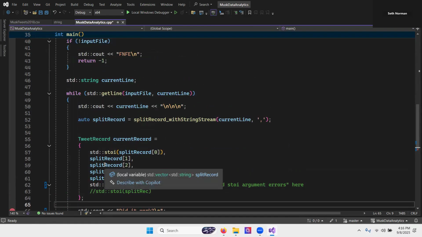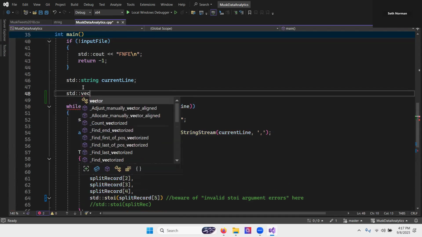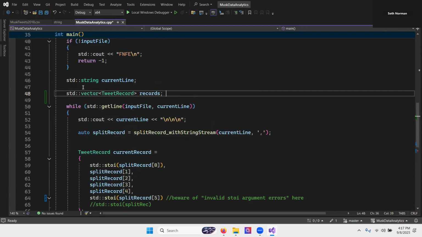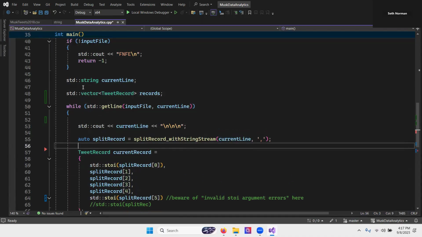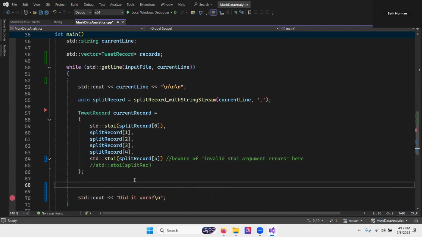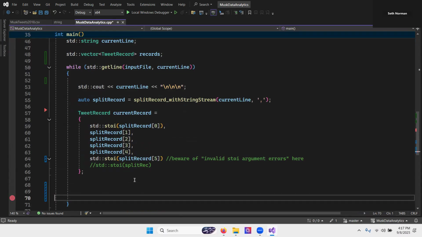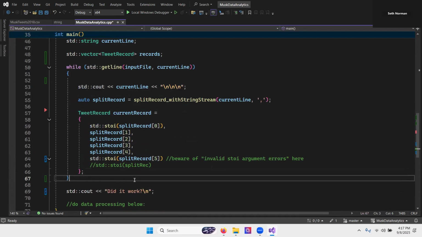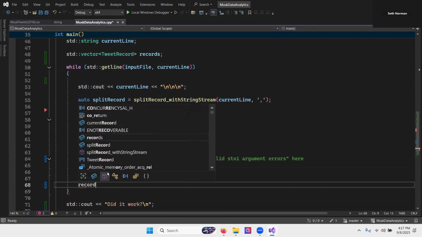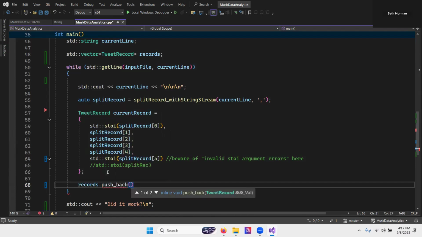I'm going to also go ahead and add this, make an array of records, because it's a good idea. I'm going to call it records, and we are going to call pushback. This did it work? I was meaning to put that after the entire loop, after all of the lines of the file have been obtained, and then we check, did it work? So let's go records, pushback, current record,